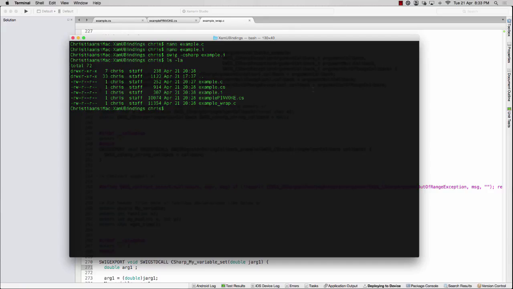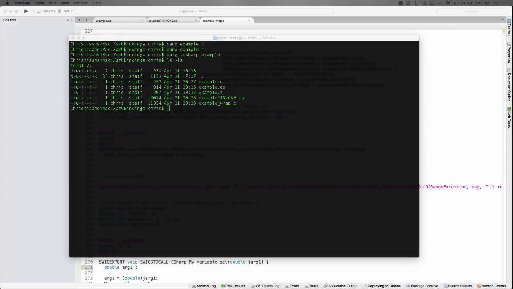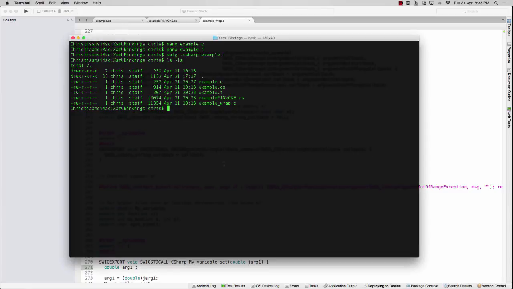Okay, so we now have C files and we have CS files. The next step is to compile all of this into workable executables. So let's start by looking at the C files first. We're going to first create object files of the C files that we have. So we'll use GCC,